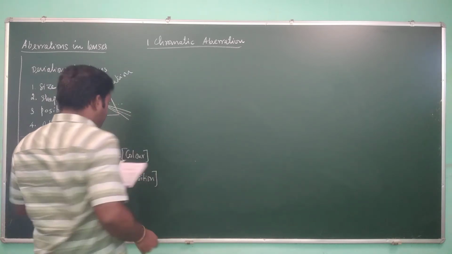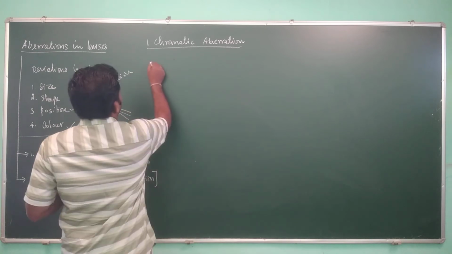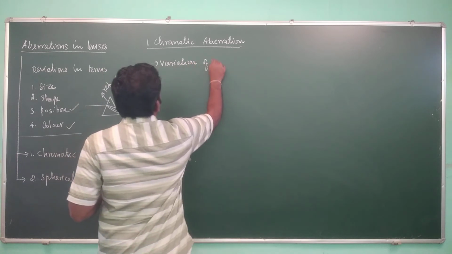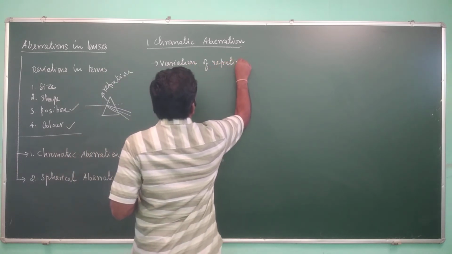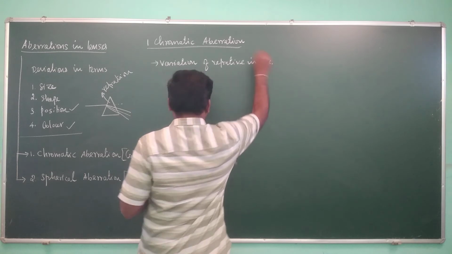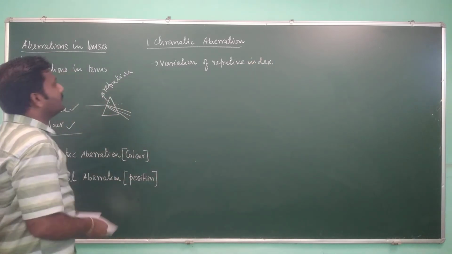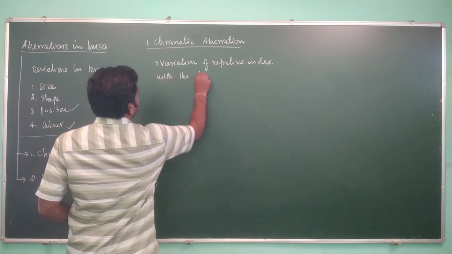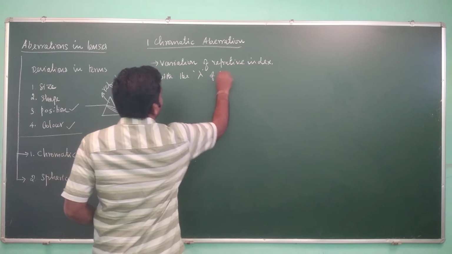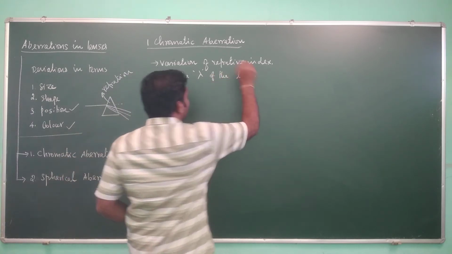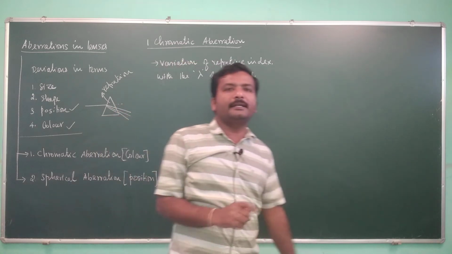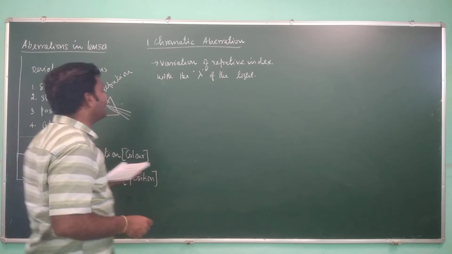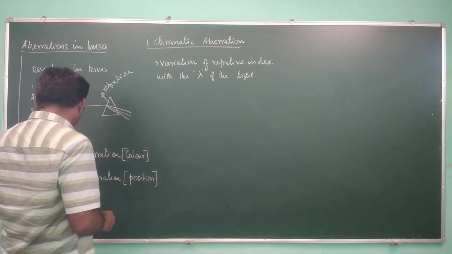Okay, so this aberration is caused due to the variation of refractive index with the wavelength lambda of the light. Here we are using white light. We are assuming that white light that is coming from an object consists of multiple colors, so that there are different lambdas which create different focal points in the end.